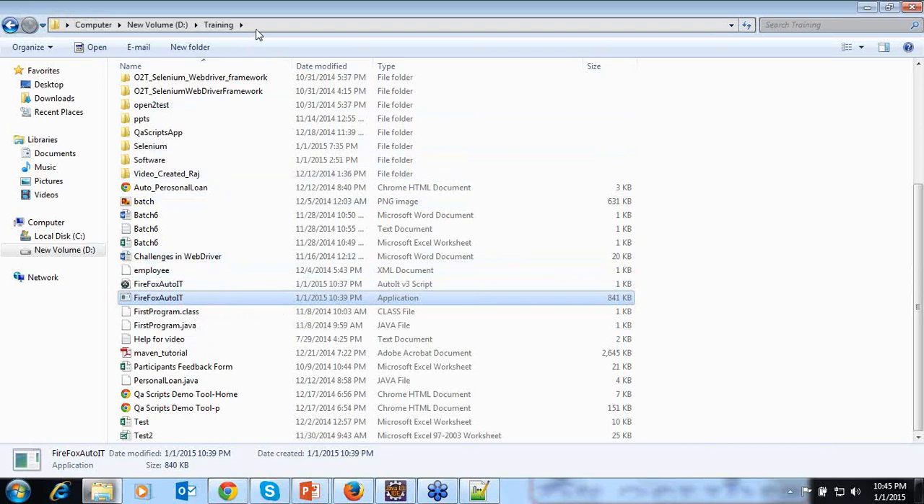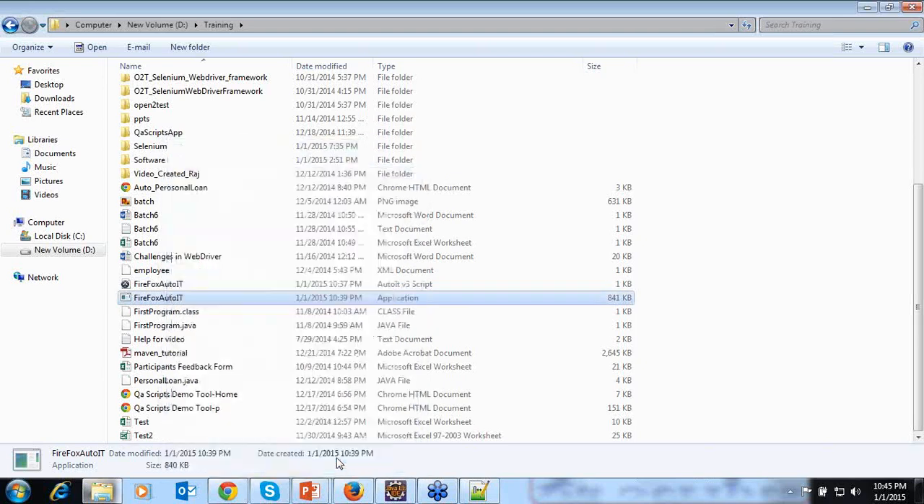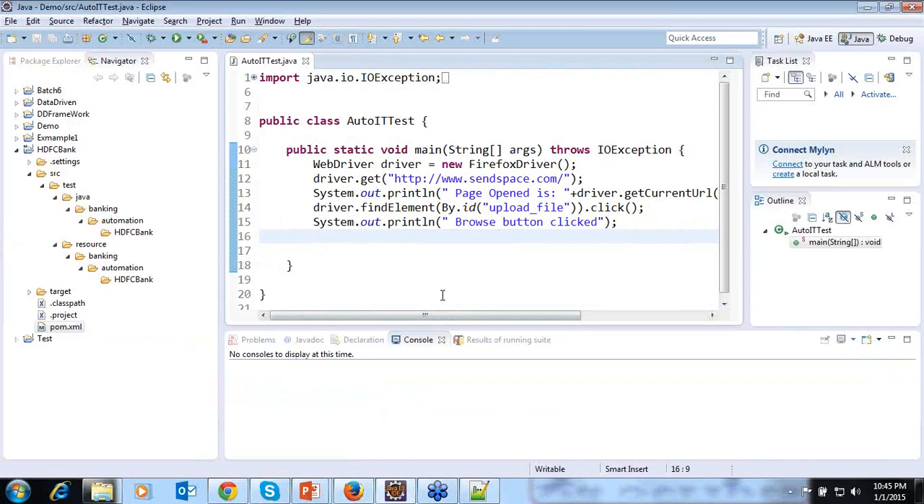To call this, we should know the path of this particular file. Let me check what the path is. The path of this particular AutoIT file is D drive and training. So here I am going to specify the path of AutoIT in my script. To do that, we need to use one important method. To call the AutoIT file, we need to use one important method, that is